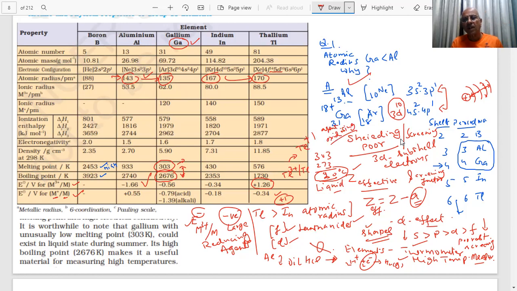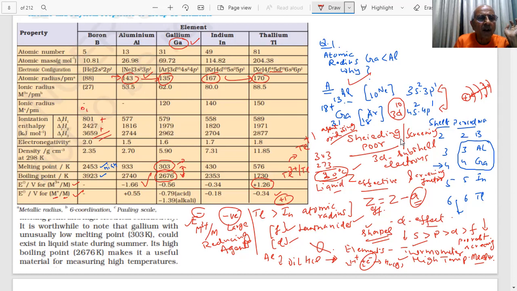Yes, sir. Okay. So students, you understand what I am trying to show you. Every word written, student, every value should be observed. There is something involved in that. There is a question there, student. Ionization enthalpy, student. If I see the boron, the 3 ionization energies. Is it very high or low? Tell me.